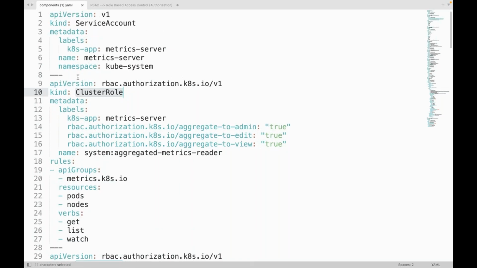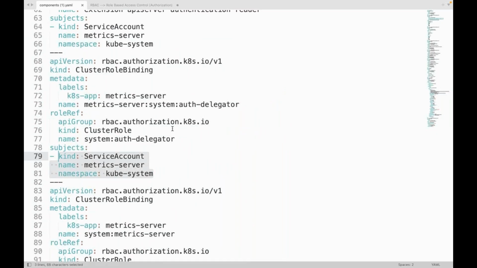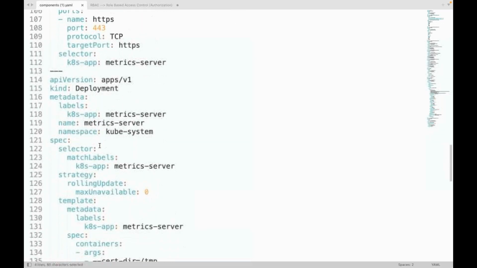Now this is a role. Service account is like an IAM role. Now this is like a policy. Whatever role I am creating, I am going to bind, I am going to link that role with that service account. I am linking here using this role binding. I am linking that service account with that role. In the role I have granted permissions. Those permissions I am linking with that service account, and with this pod,